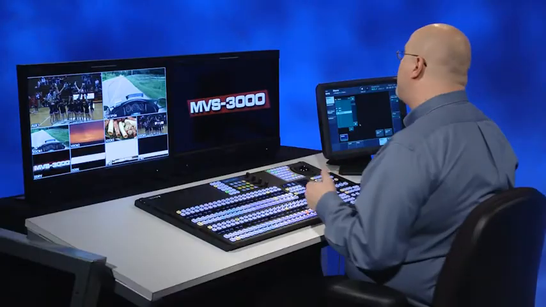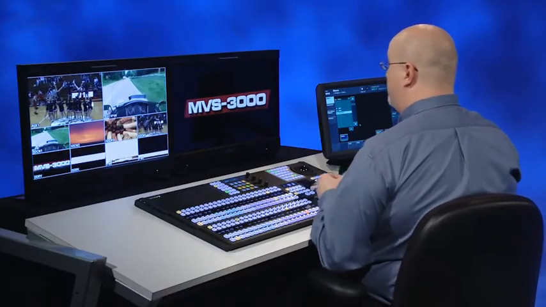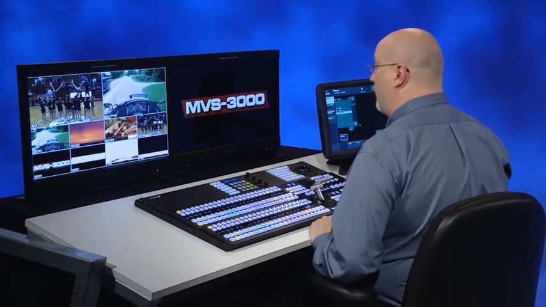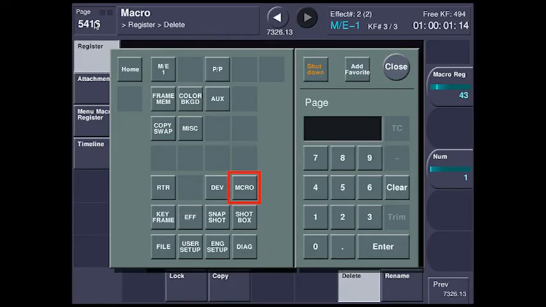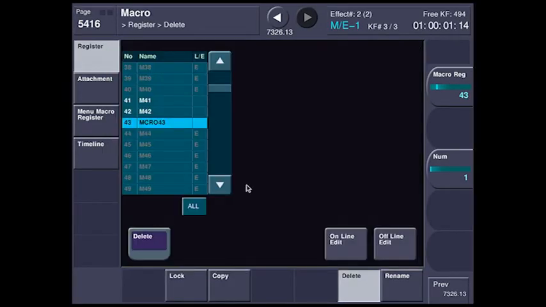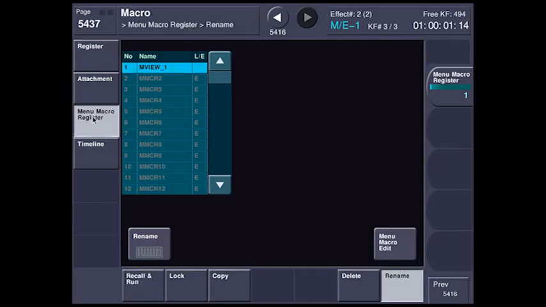Now I want to talk about menu macros. Now a menu macro is really good for things that, well, don't appear on the panel anywhere, that can only be accessed from the menu. So let's go over to the macro menu and go into menu macros. Now I've already built one of these, and we're going to build a second one right now. And what I want to do is have 2 menu macros that let me change the display of my multi-viewer. So right here is my default that I've been using for this whole presentation. I want to make a new one now. So we're going to select a blank